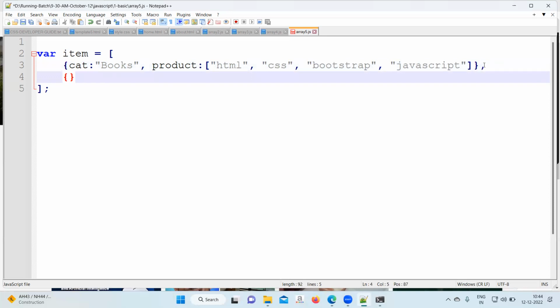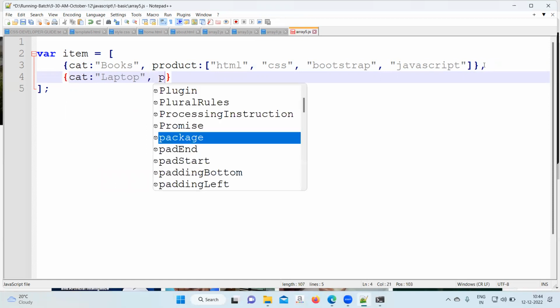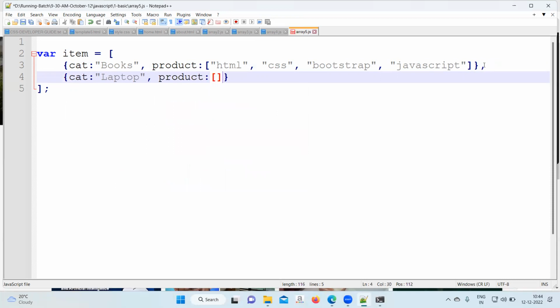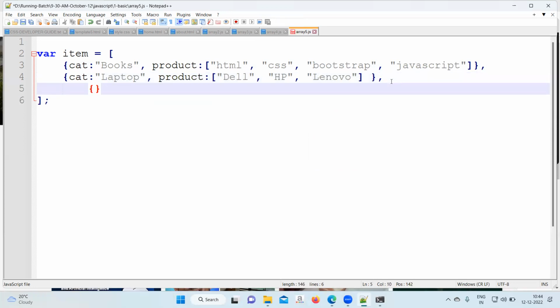Second category will be called laptop. The product will be from Dell, from HP, from Lenovo. Let it be 3. Again comma. Next object